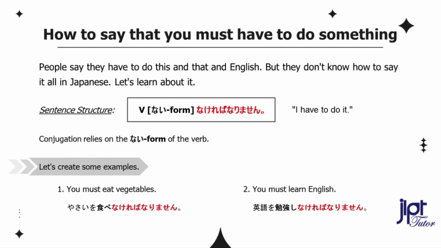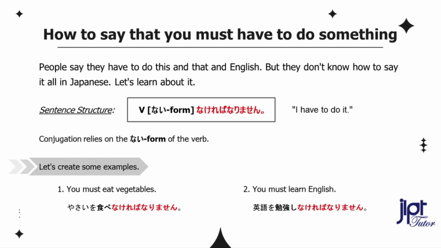Conjugation relies on the nai form of the verb. Let's go to the example. You must eat vegetables. 野菜を食べなければなりません。 You must learn English. 英語を勉強しなければなりません。